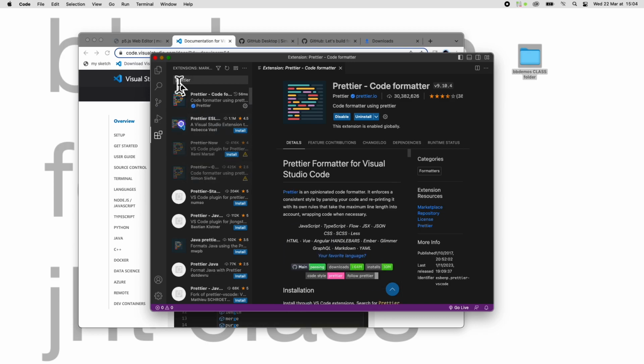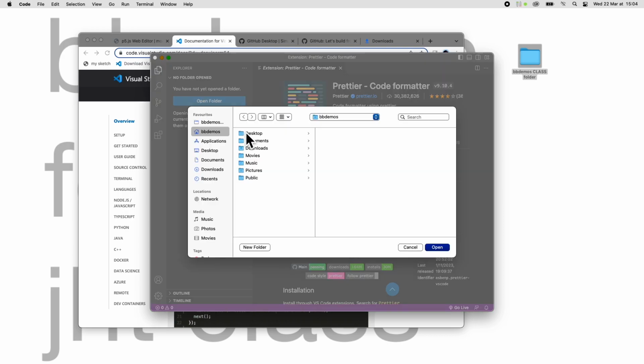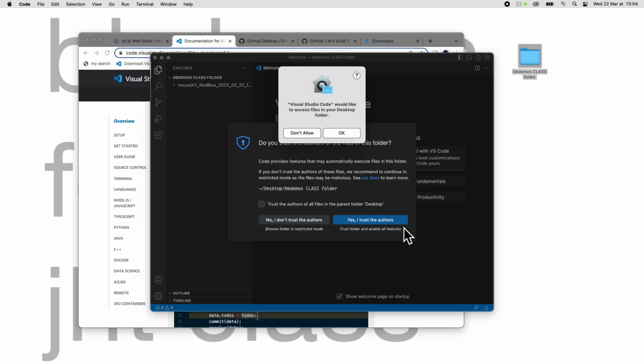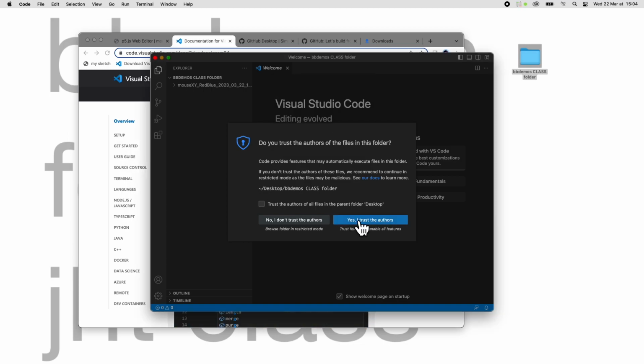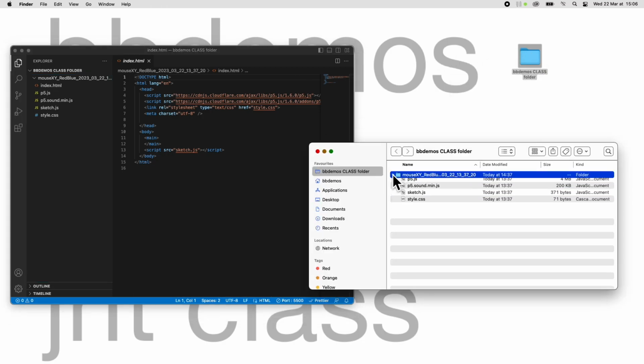Okay, now we want to look at a folder. You'll never guess which folder we'd like to look at. It would be this folder. So let's open this folder, which is of course the class folder. And we will allow Visual Studio Code to access files. Do I trust the authors? Yes, I trust myself. Okay, so here we have in the Explorer the same files that we have in our class folder,